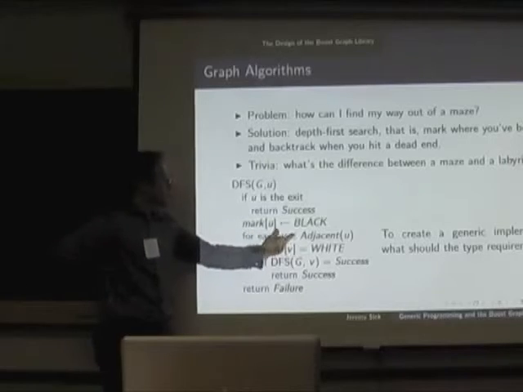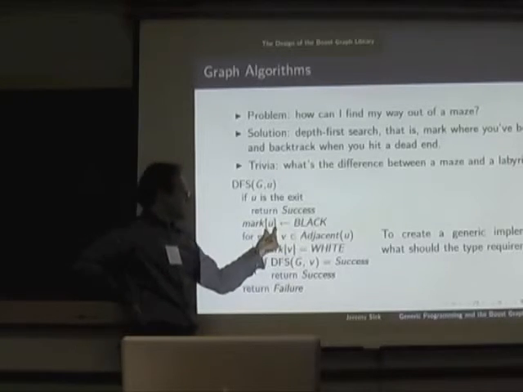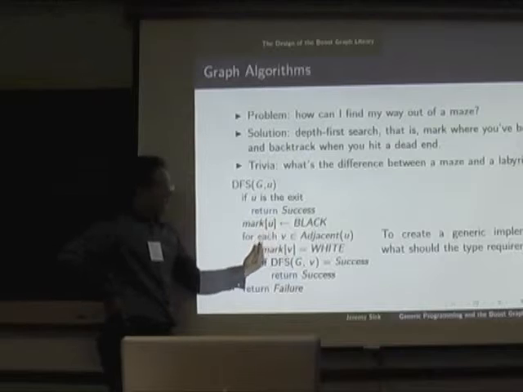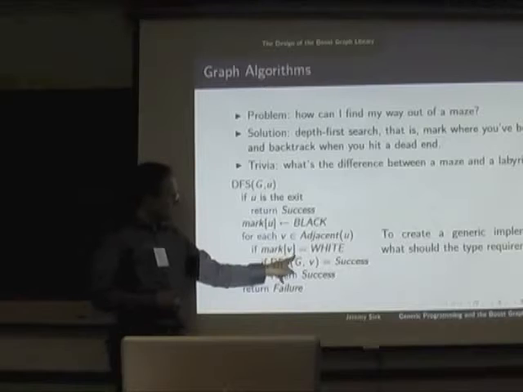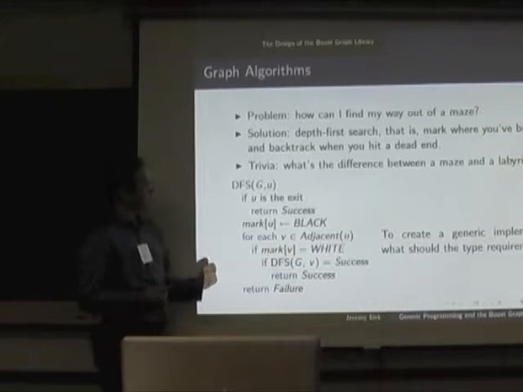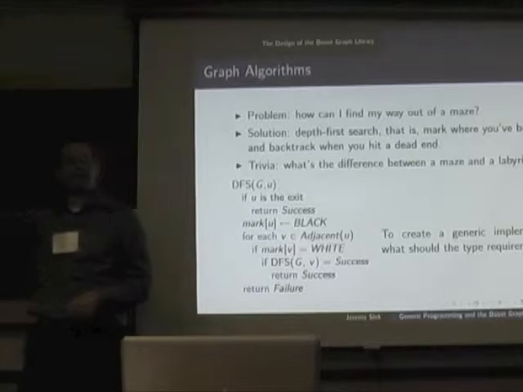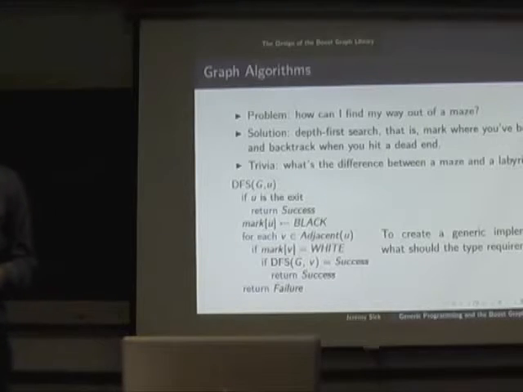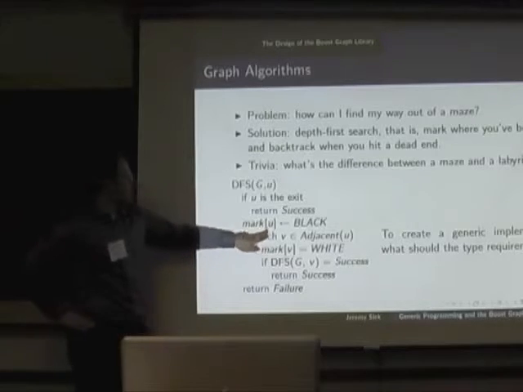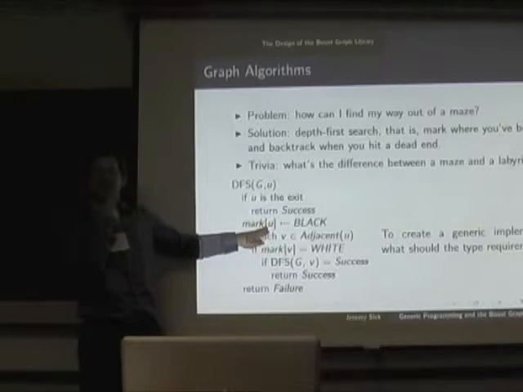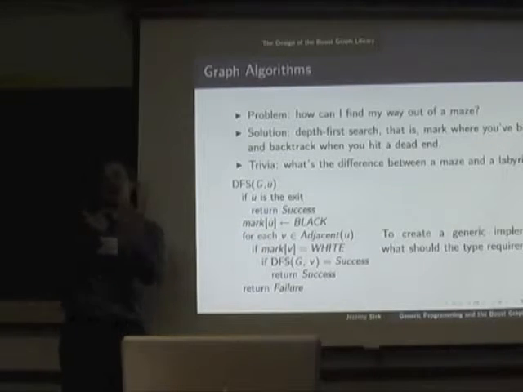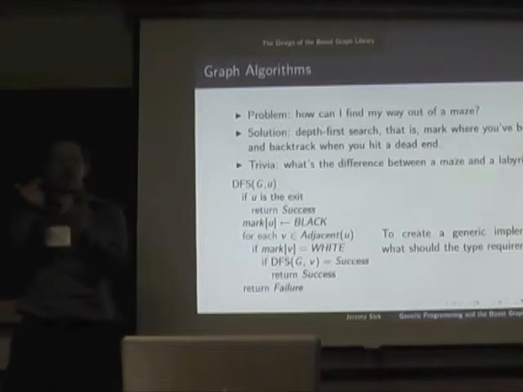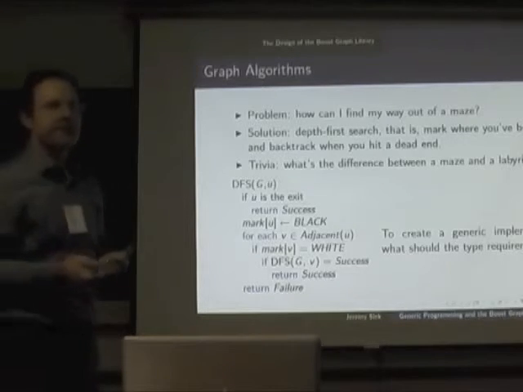We need to be able to associate black with u, and then later on we need to be able to read it back out. This is a read operation here, and compare it to white. That's basically it. We need to be able to read and write to this thing. But what thing? Because you're not necessarily going to read and write to u. You just need an association with a specific instance. This is actually a relationship. You want a relationship between u and the coloring, black or white. So we need some way of talking about relationships, or some generic property.